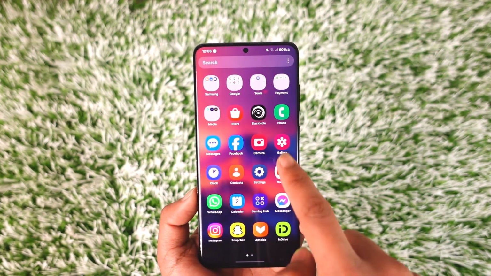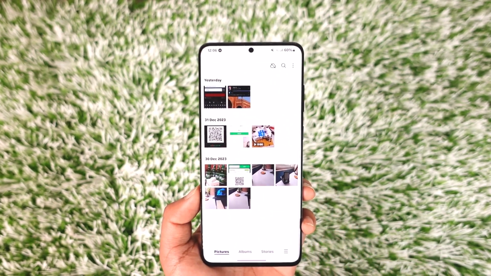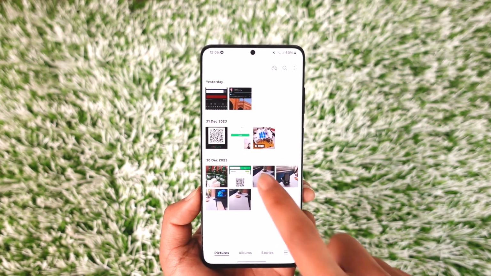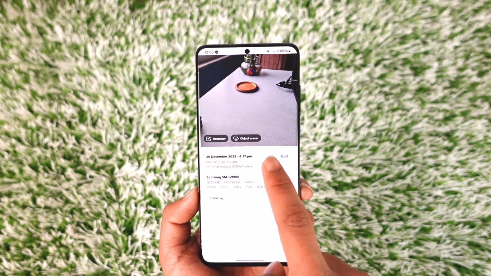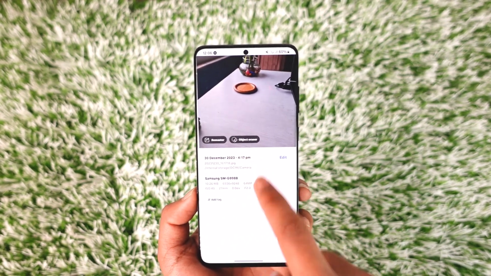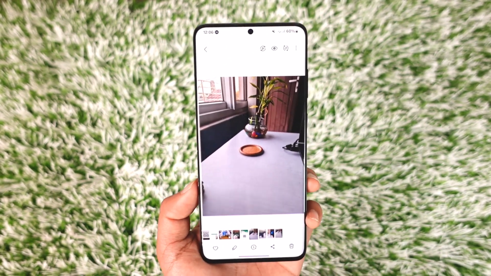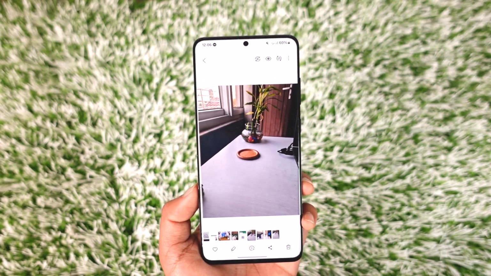In my case, I'm using a Samsung Galaxy device, and Samsung provides a feature called Object Eraser, where if you select a certain photo and then you swipe up like this, you'll find a little option right here known as Object Eraser. Now this is in the latest Android 14 version, but if you're using older versions, you might want